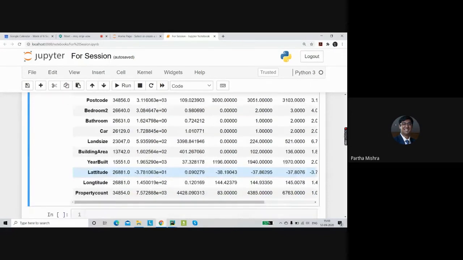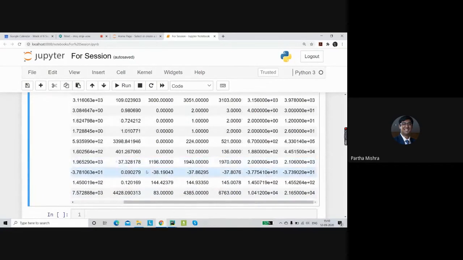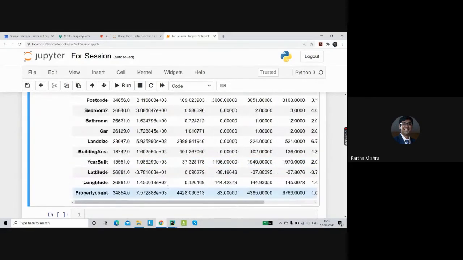Similarly, if you look at the year built, there is one entry wherein the year is 2106. Okay, that means the house was built in the year 2106, which has not even come. We are in the year 2020. That means there has been some kind of typo, the person who has actually collected the data has made a mistake. Okay.